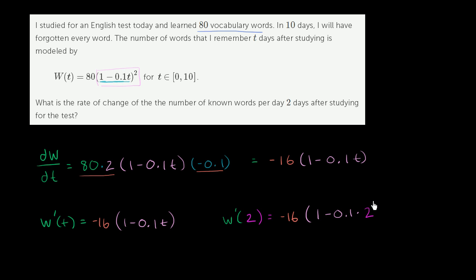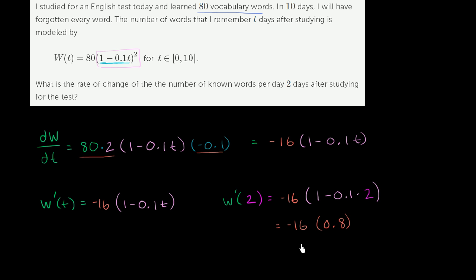And that's going to be equal to, well, let's see, what is this? This is 1 minus essentially 0.2. This is going to be 0.8. So this is going to be equal to negative 16 times, is that right? 1 minus 0.2 is, yep, 0.8. And what is that going to be? If I were to multiply 16 times 8, it would be 128. It's 2 times 8 times 8, so 2 times 64, 128. So this is going to be negative 12.8. And just to really hit the point home of what we're doing, the rate of change is negative 12.8